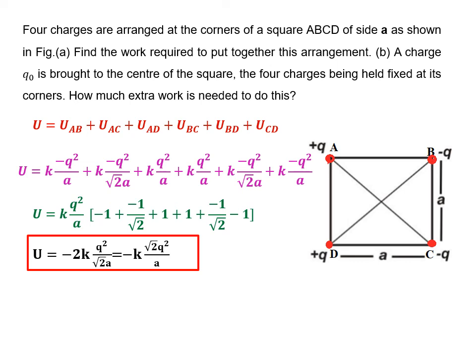It's very simple to find out because there is no direction. आपको resultant लेना बहुत easy है, खाली terms को solve करते वक्त sign of the charge जरूर आपको ध्यान में लेना है, ठीक है। अब second part, आपको चार्ज Q0 को यदि सेंटर पे प्लेस करना है तो कितना वर्क करना पड़ेगा। तो पहले सेंटर पे पोटेंशियल निकालें, जब भी वर्क डन निकालना है तो पोटेंशियल निकालना पड़ेगा।